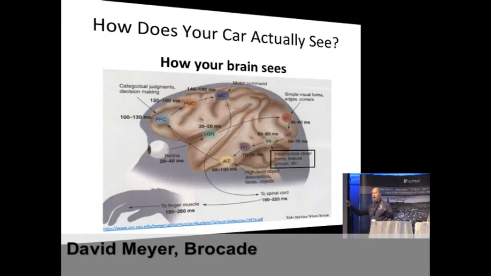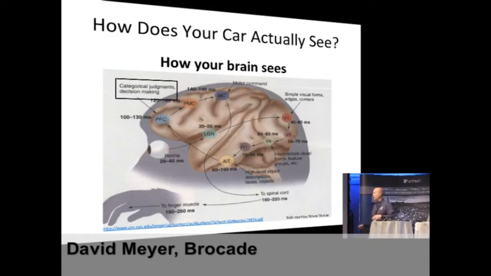And then a little bit later, you get high-level objects like, oh, there's a face, right? And so what you notice here is that simpler representations get built up into these shapes, or things like that. And then, of course, later on in your brain, you can do stuff. But this is how it works. So the idea here is that these things are hierarchically arranged and composable.